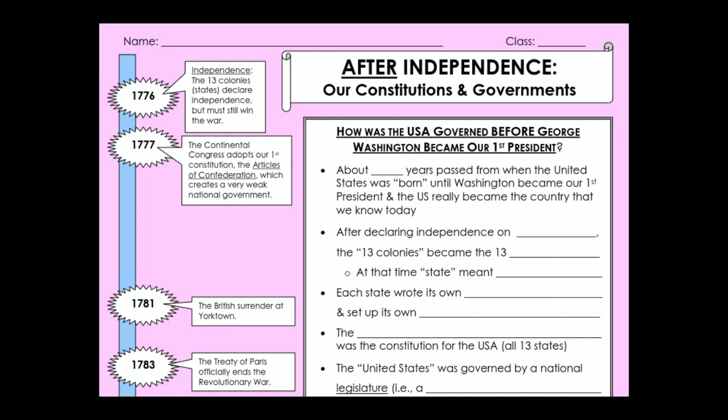We're into a new Unit 4 this is, and it's all about the government and the Constitution. And we are going to start out specifically talking about the first government and Constitution of the brand new country called